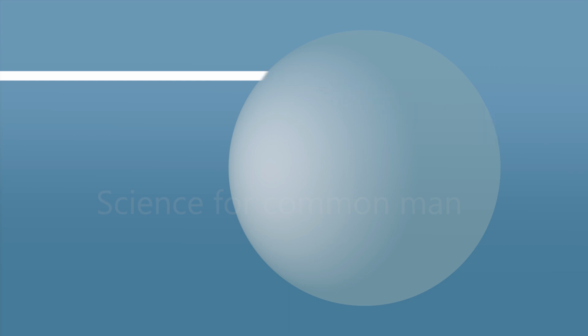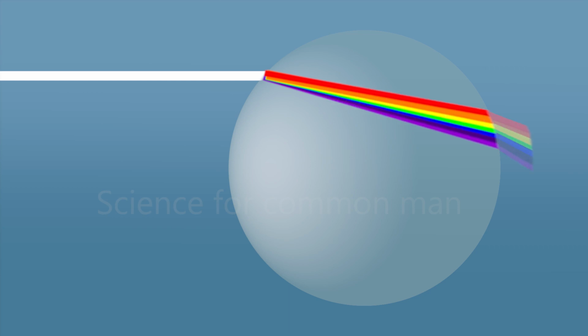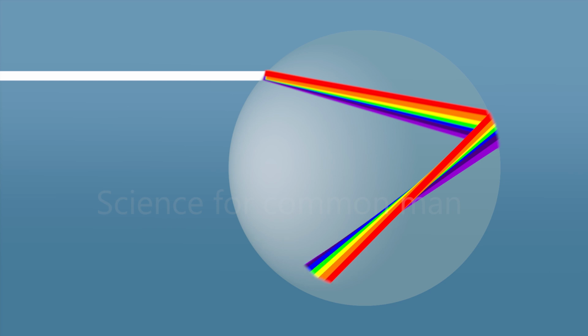Now let us see what happens when this diverging light meets the back end of the raindrop. Some part of the light refracts through the back surface of the raindrop and we are not worried about that, but the remaining part gets reflected from the back surface. That diverging ray comes to the front surface of the raindrop, and on that surface it further gets diverged and travels at a diverging angle into the atmosphere.